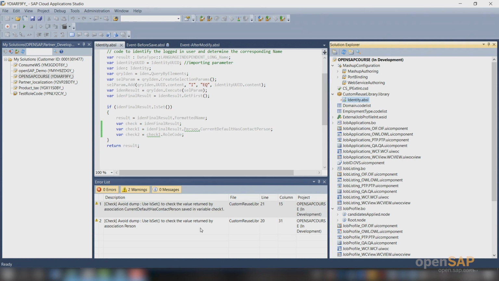This is similar to what we did in the event after modify earlier. Something similar to that you could again do using the ESET method. So, that is what I wanted to show you as part of the performance.